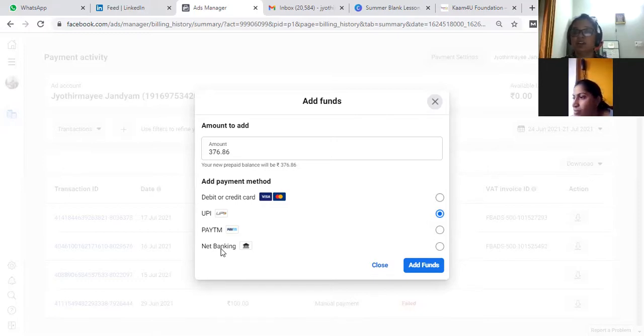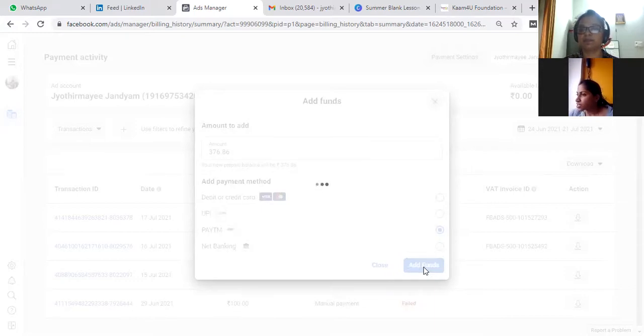But debit card, credit card and bank details you should not give. 99% never give the bank. In case something happens, you will lose only the little amount you put in Paytm or mobile wallets. That is the reason. Click on Paytm, and then you will see the add funds button.